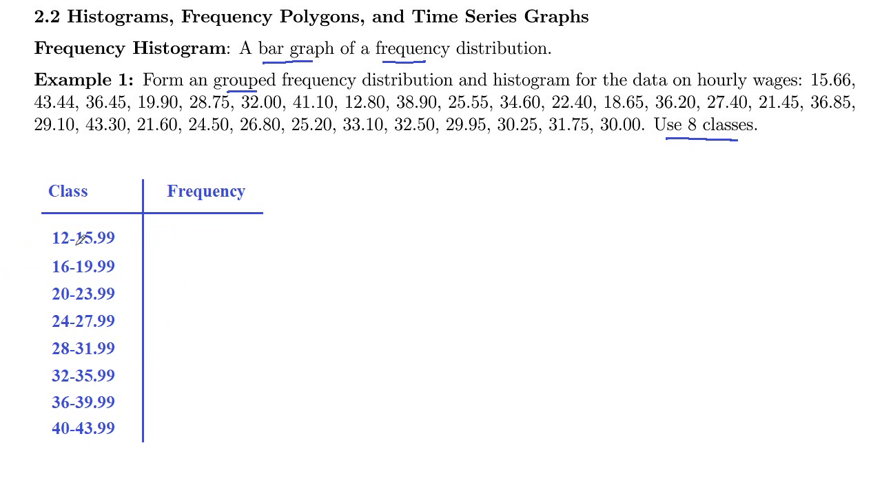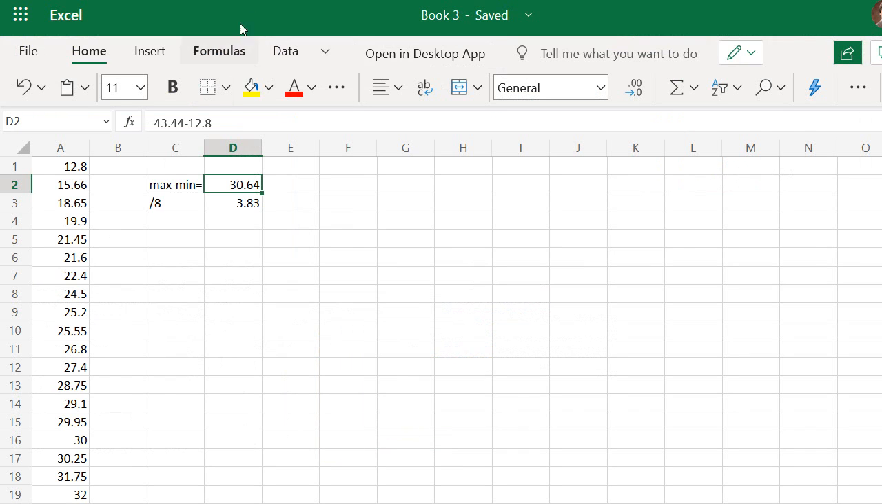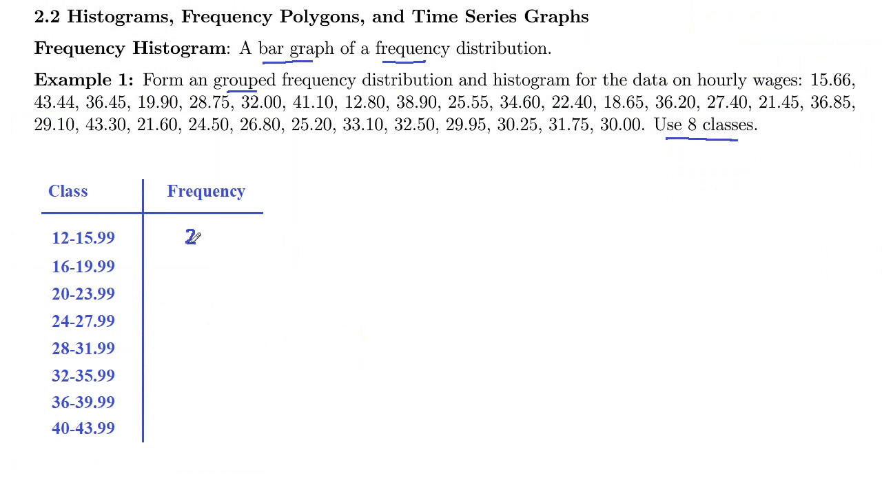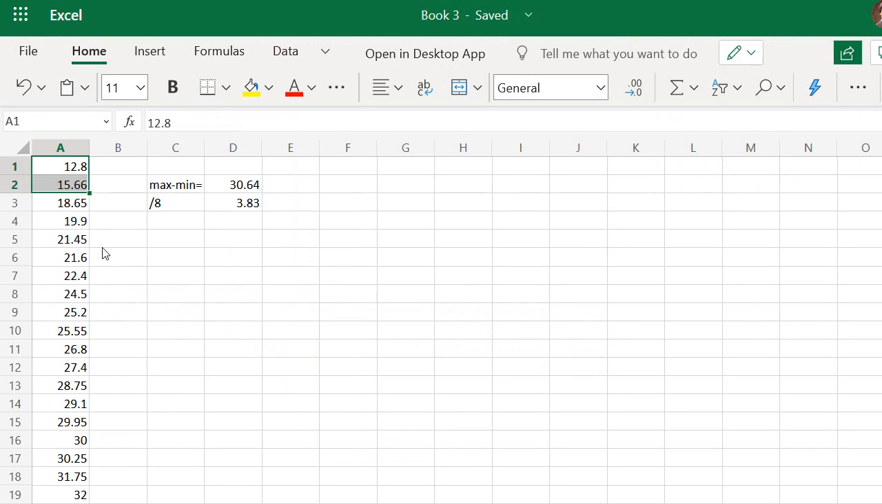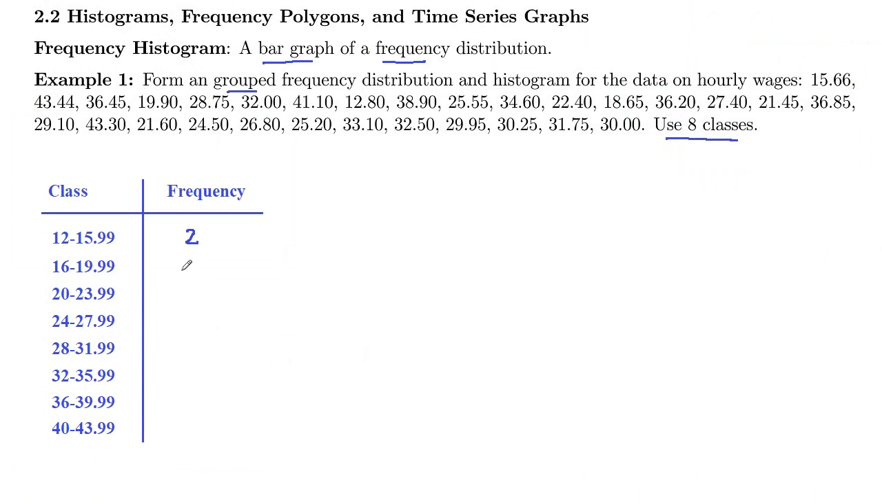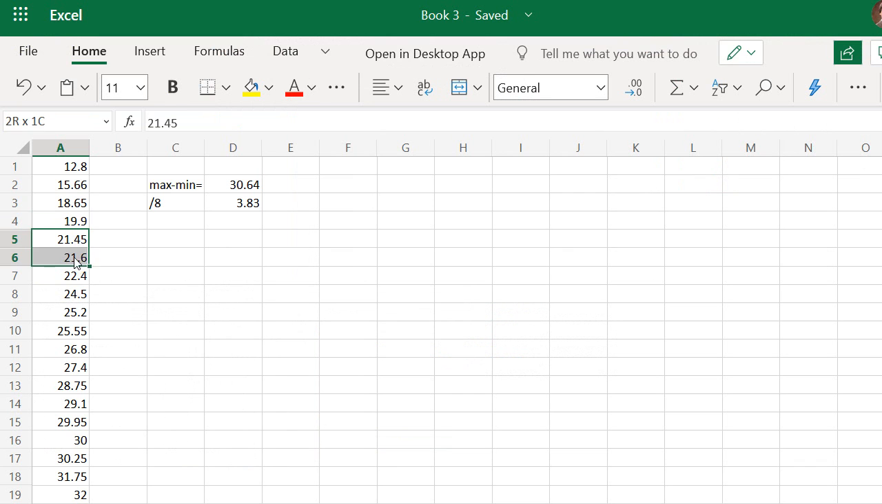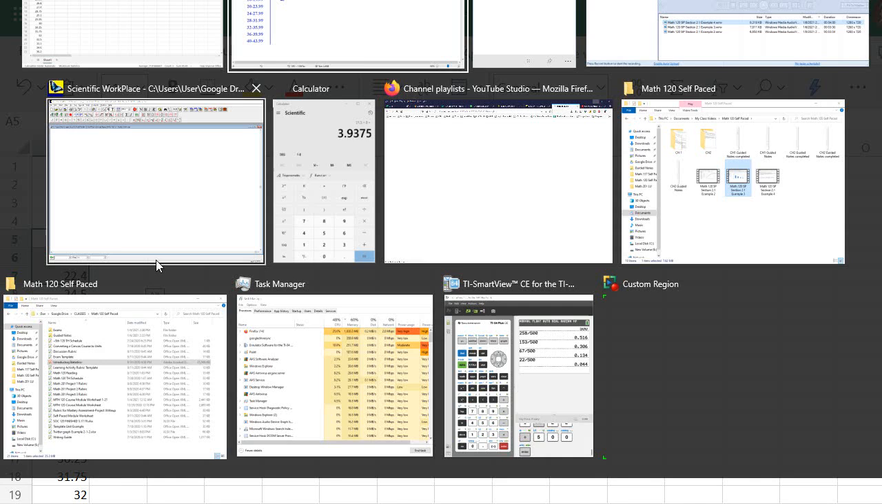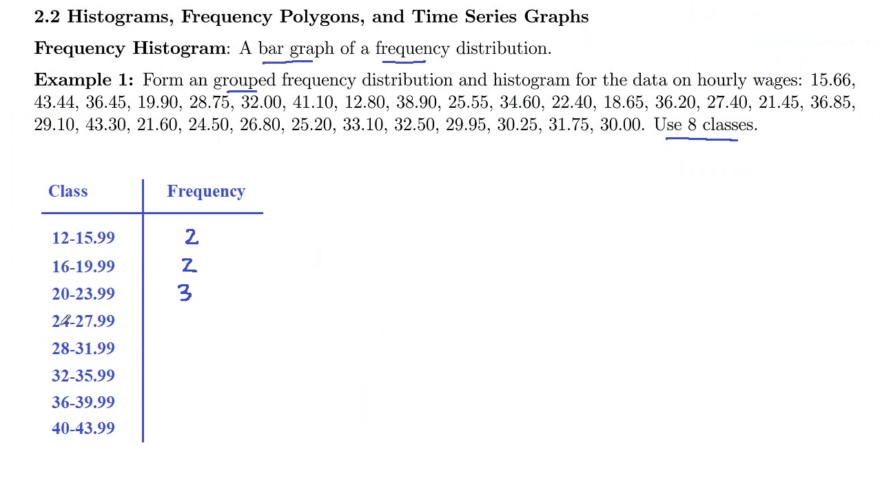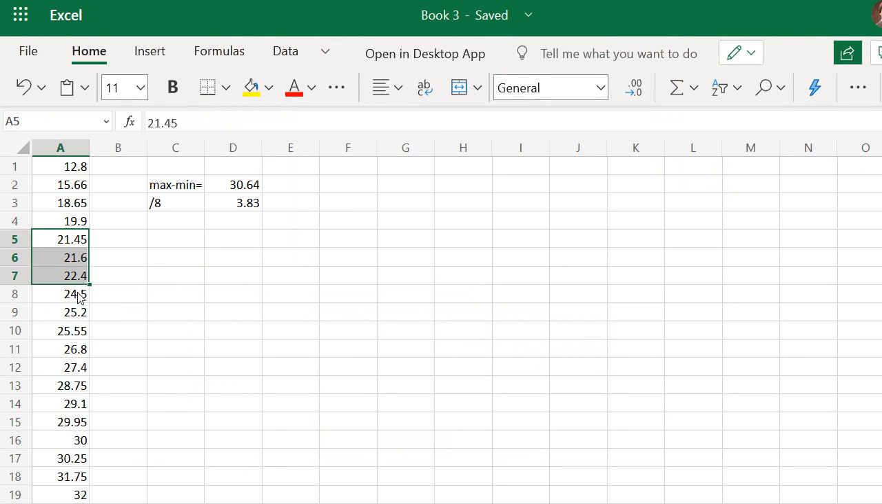So now I want to count the frequency. How many values are between 12 and 15.99? Let's go back here. Between 12 and 15.99, we have those 2 values right there. So this frequency is 2. From 16 to 19.99, that would be those 2 values there, so frequency 2. 20 to 23.99, 3 values. 24 to 27.99,